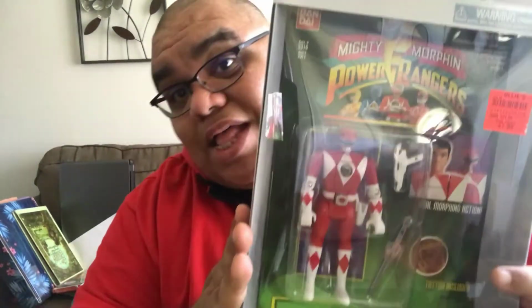So that's cool. All right, and the next thing that I got, continuing with the nostalgia, I also got the Red Ranger, Jason. All right, so we're going to let him breathe. Now, I also just noticed that they come with their power coin over there, so you can keep that as kind of like... They were trying to copy the Pogs that were very, very famous back in the 90s. Pogs were like a real big thing. So this is Jason